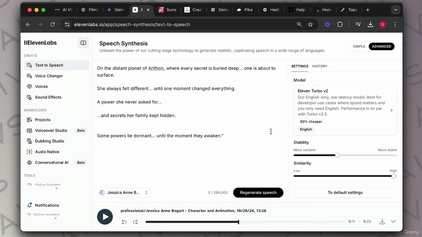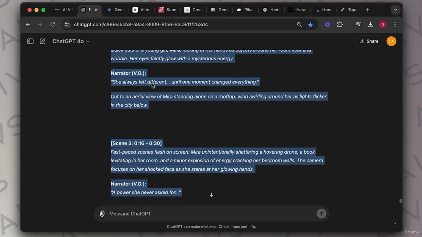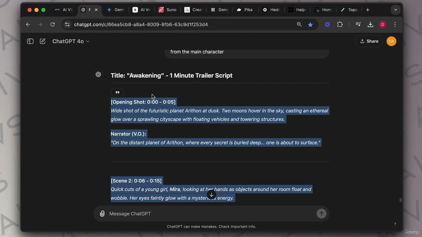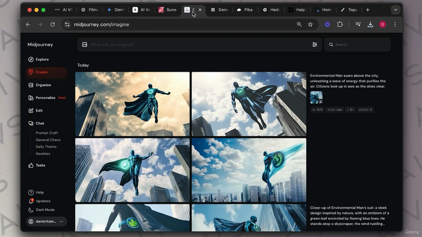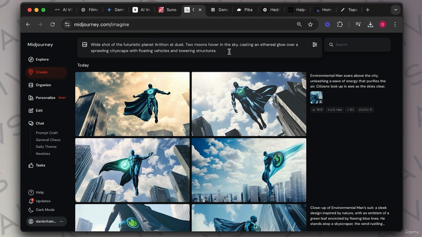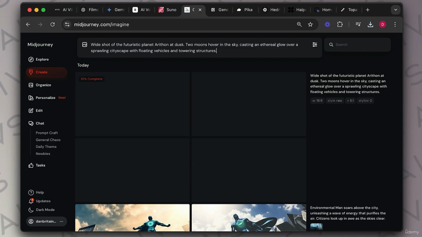Let's go on and start generating ourselves kind of a mood board for this. I want to have a certain kind of look. I'm going to go back quickly to ChatGPT. I'm going to go to this opening shot, and it's a good way to get myself a good feel for this. I'm going to go to Midjourney. Again, I'll show you this later. I'm just going to put this in here without giving it any style instructions. Then I'm going to go back on here and let's go